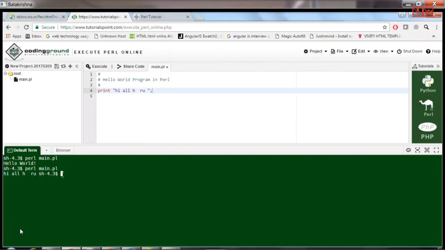I'm just trying to check if we can clear this. What is the difference here if I just put a new line character here and execute it? So here the cursor is moving down to the next line.